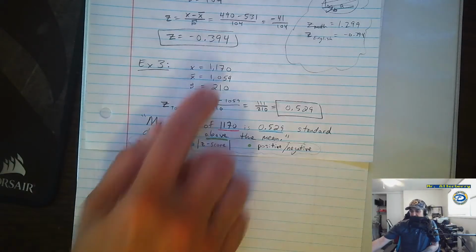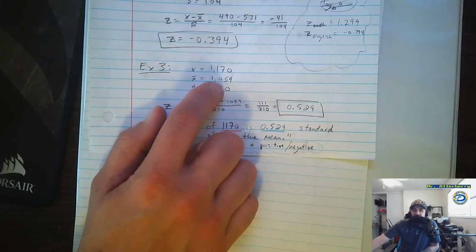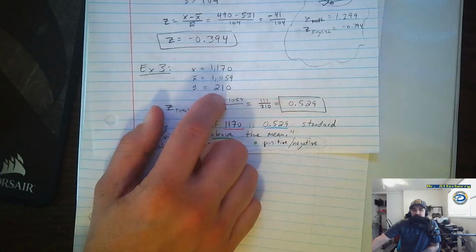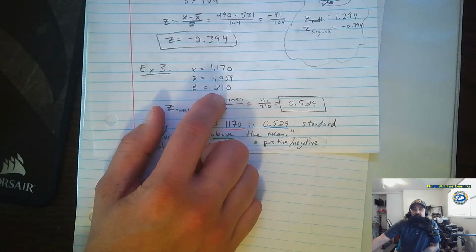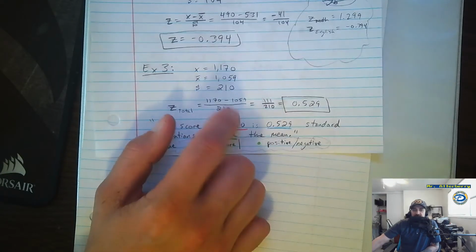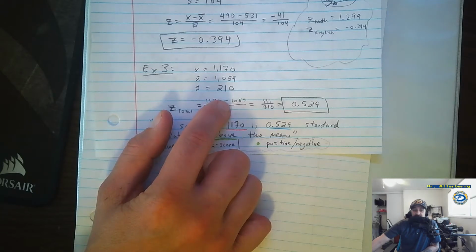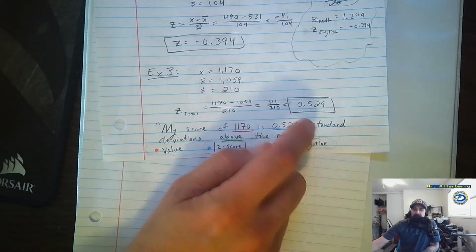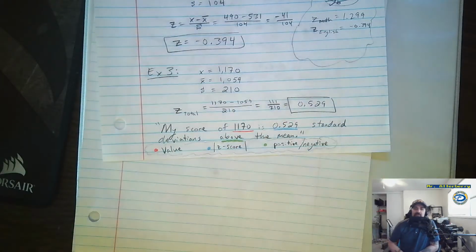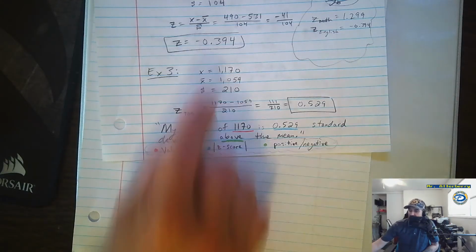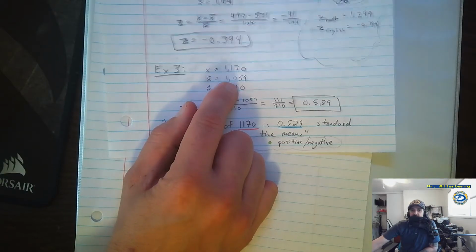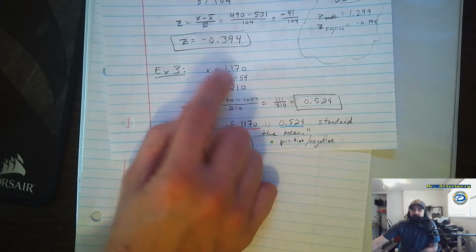total score was 1170, and the average SAT was 1059, and the standard deviation over the full test is 210. So if I take 1170 minus 1059, divide that by 210, I get 111 over 210, so that would be 0.529, so about half, okay? Which means if the average was 1059, you scored half of one standard deviation above that,